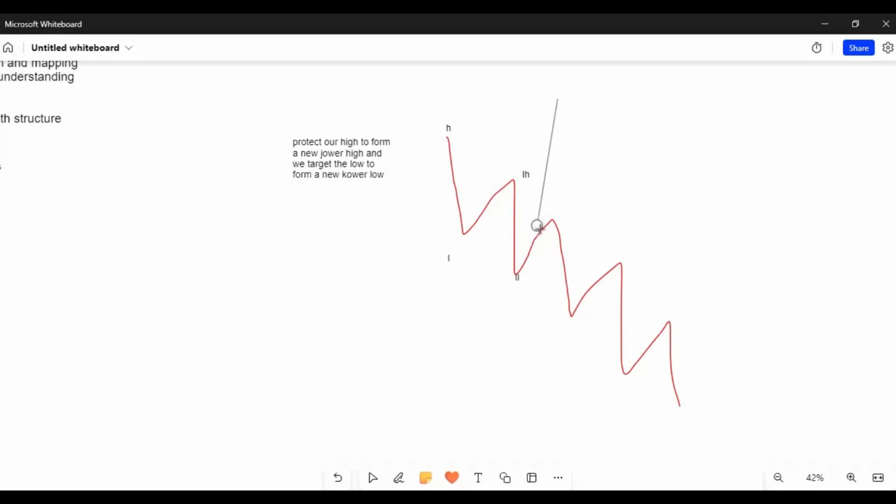So when it reverses, we are now protecting our previous high. Now when it reverses over here and gives a confirmation, we now target the low, right? And it breaks it similarly, then the series continues. The same series continues. So with this, we're basically